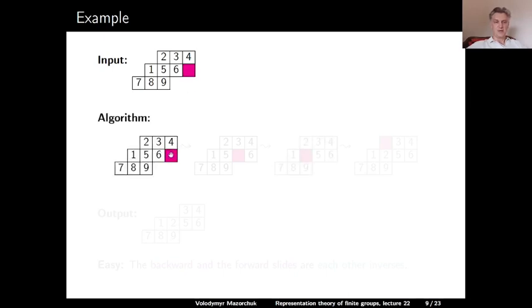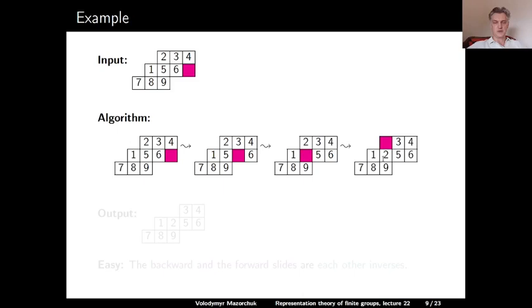For this active node, we have 4 above and 6 to the left. So 6 is greater, so we swap the active node with 6. For this new active node, we have 3 above it and 5 to the left. So 5 is greater, so we swap this active node with 5. For this new active node, we have 2 above and 1 on the left. 2 is greater, so we swap this active node with 2, and we get our active node in an insertable